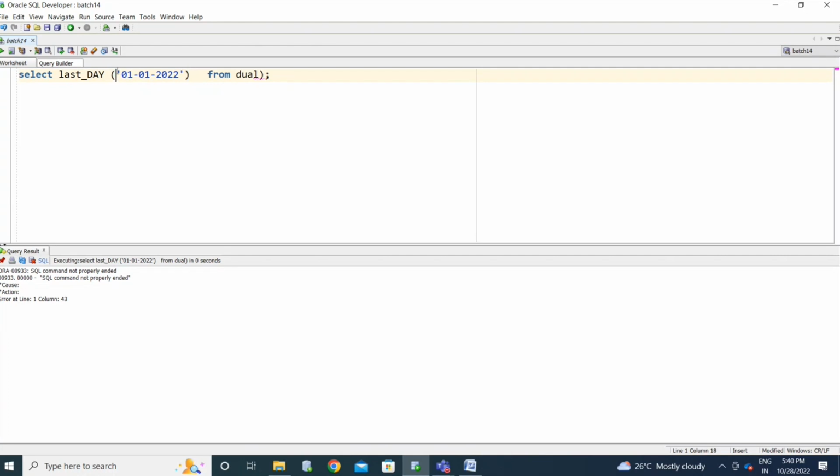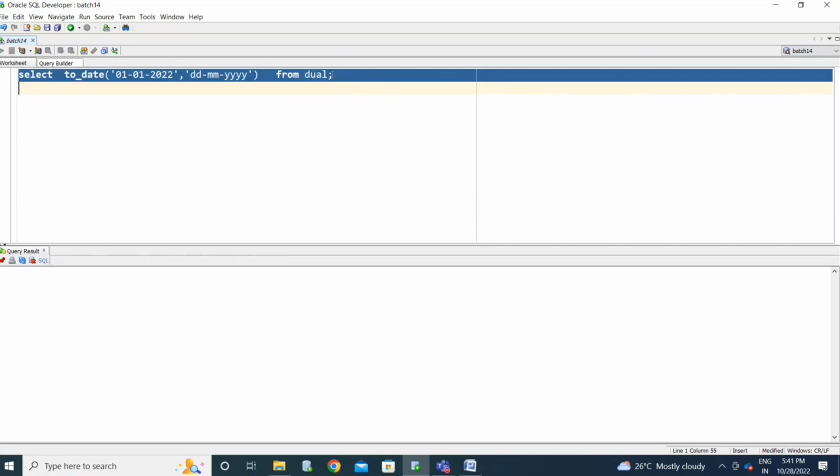So to make it clear for Oracle, you need to mention this is the date value, this is the month value, this is the year value. So now you are converting a character value to a date value. This is the character value, and you are making it a date value simply by mentioning the format. I'm removing the last day function, just displaying the date value for you. Okay, I put some extra brackets.